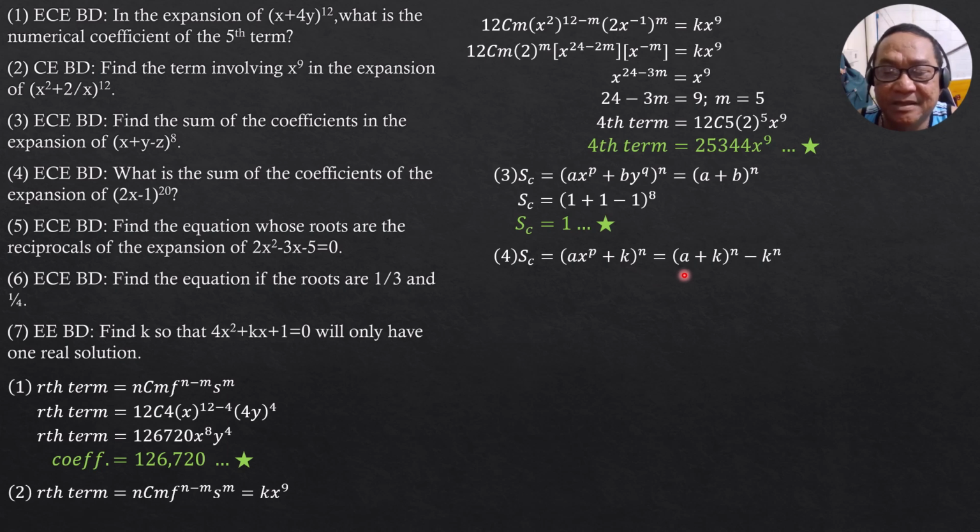So the remaining value would be the sum of the coefficients of all terms before k to the n, because they involve x, the variable x. So that's the technique. So substituting,